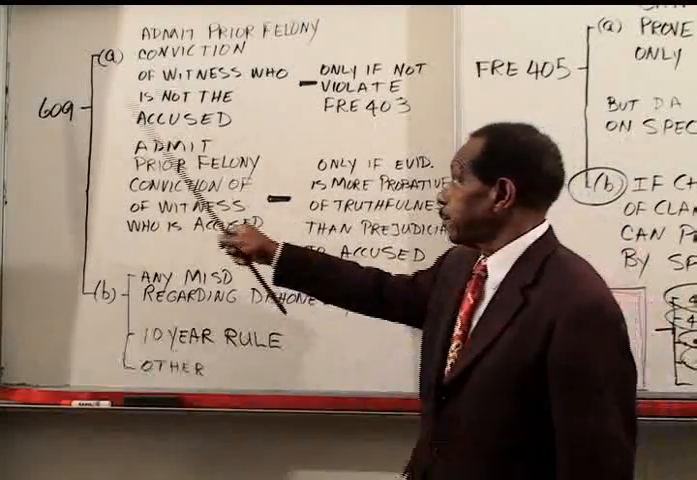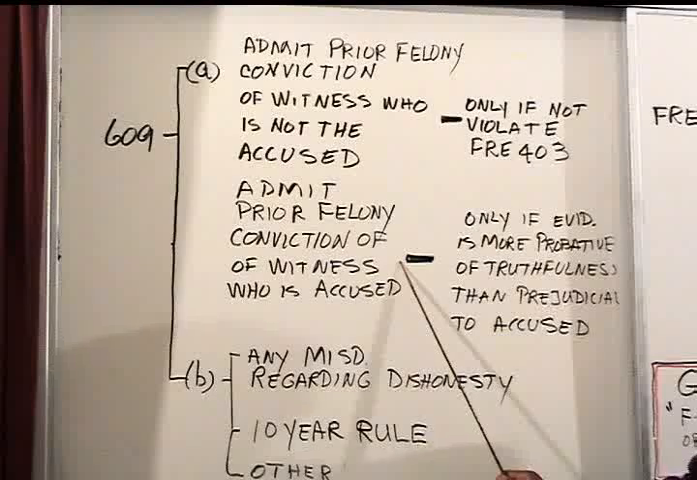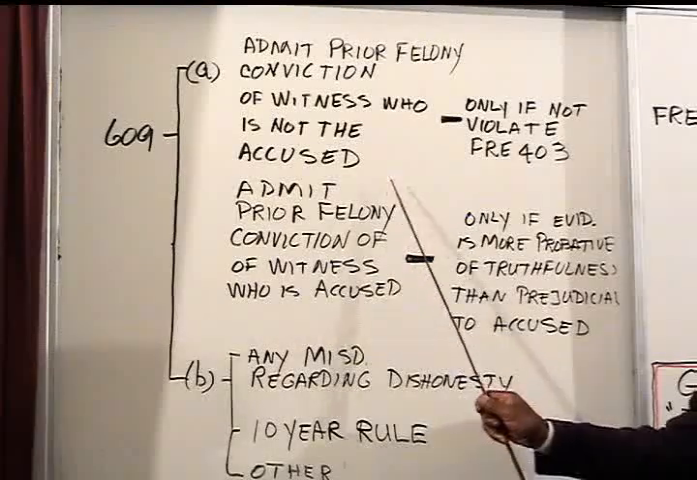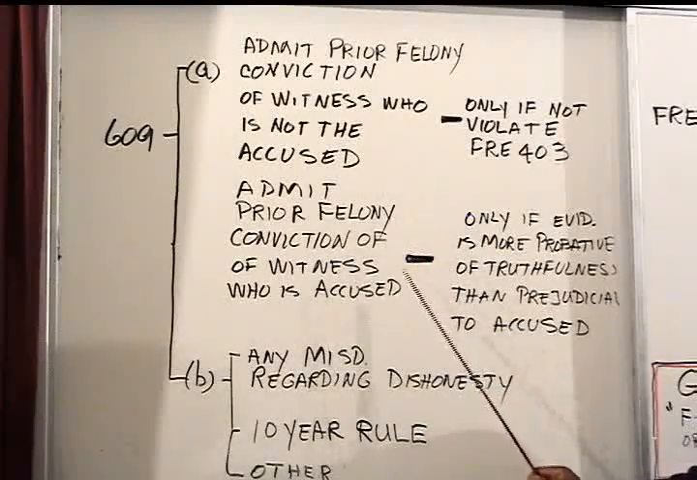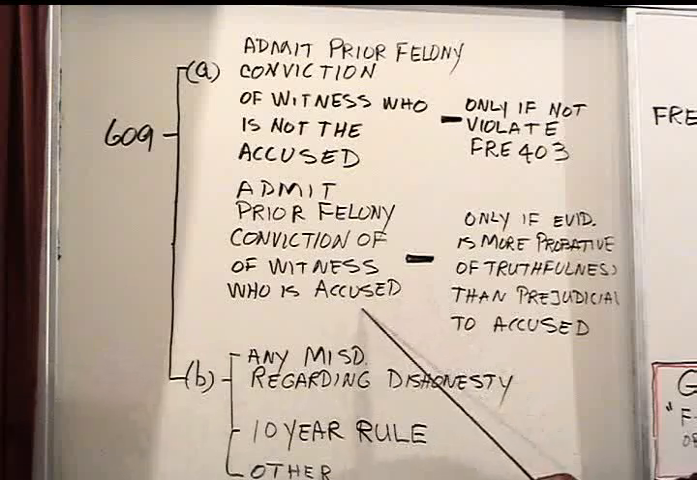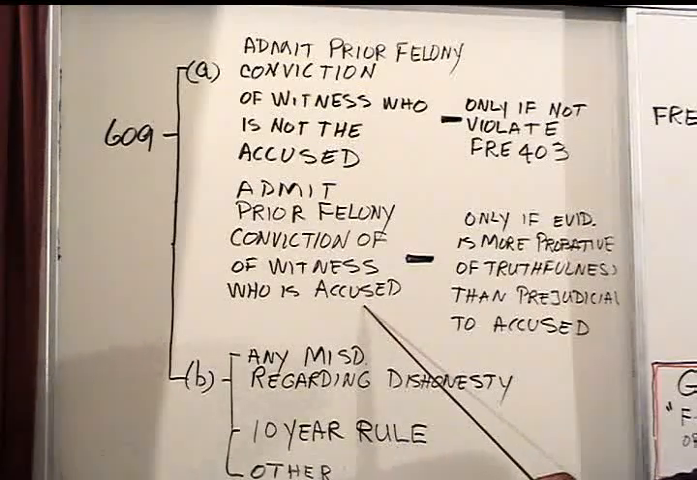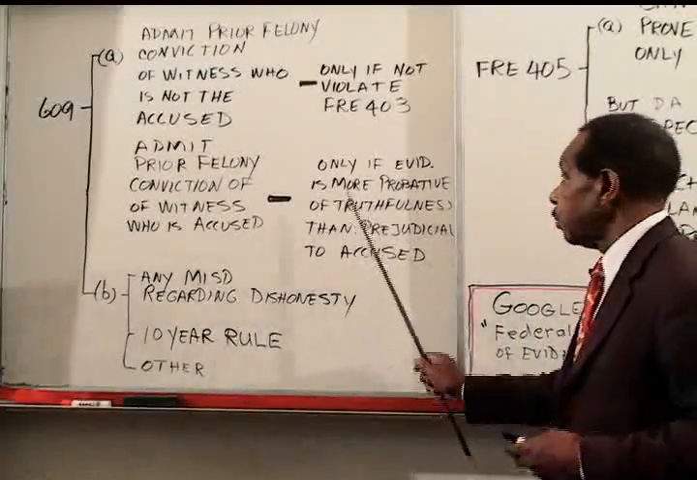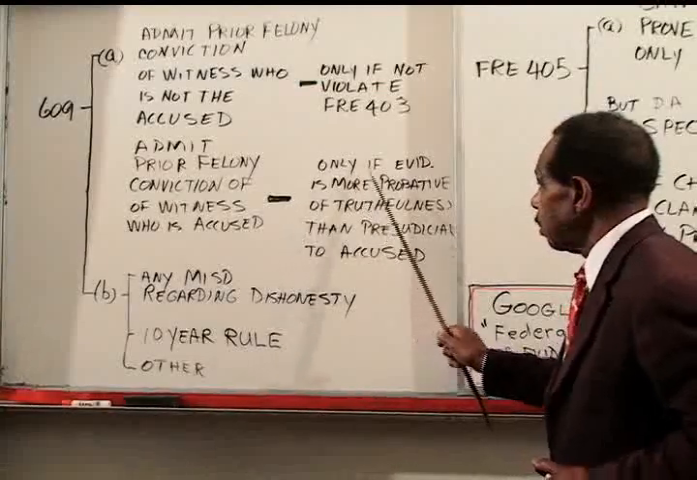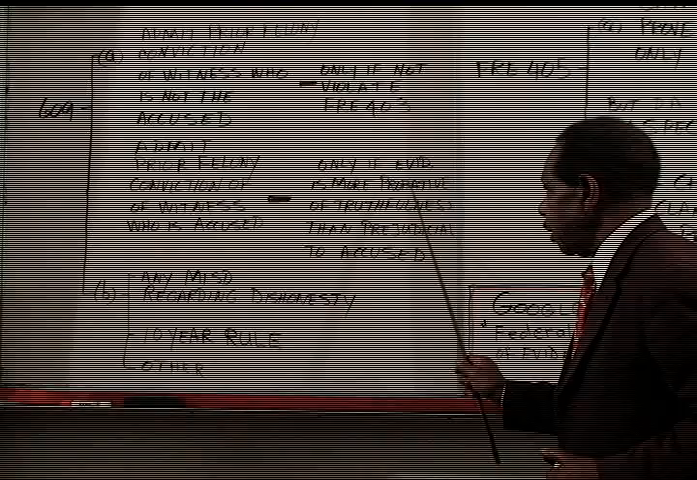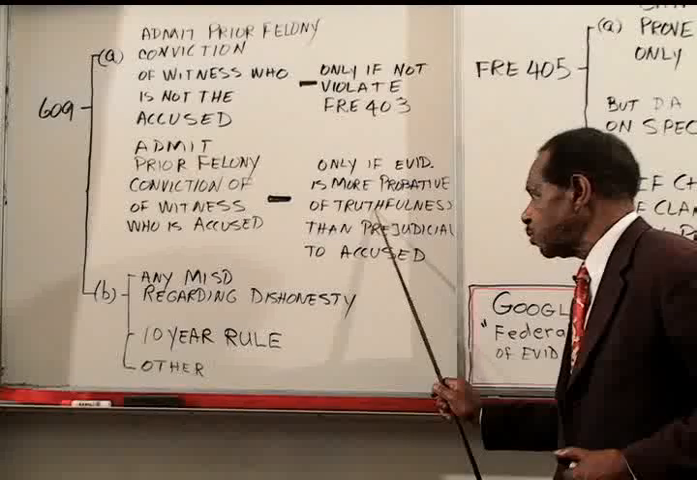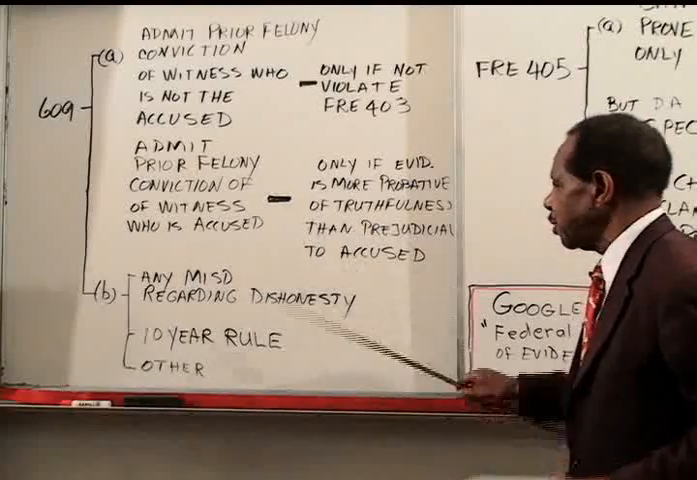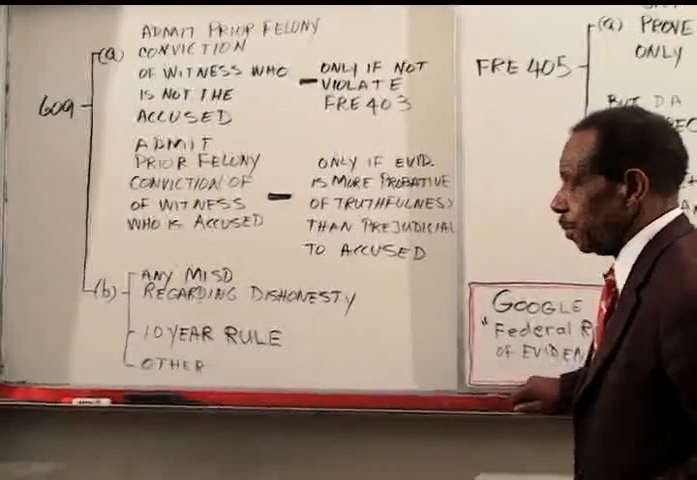Secondly, under 609A, it also says that you can admit a prior felony of the witness who is the accused, that is Joe. You put Joe on the stand, and now you want to ask Joe about Joe's prior convictions, and now we've got some tighter rules. The rule says you can ask Joe only if the evidence is more probative of Joe's truthfulness than it is prejudicial to Joe's case. Example,